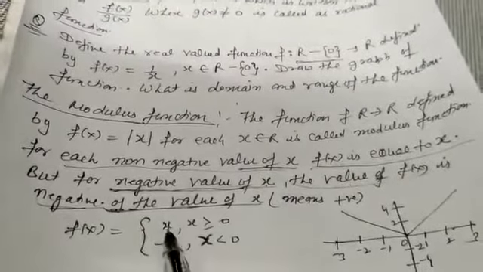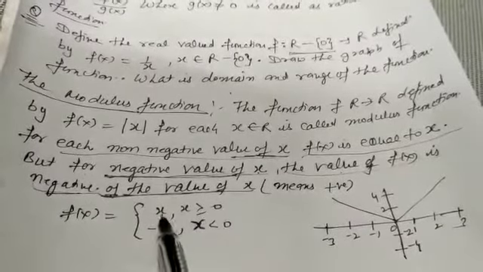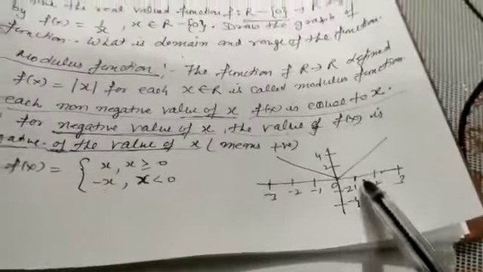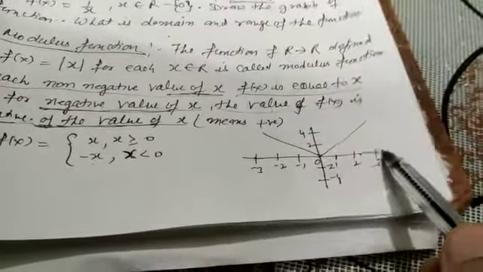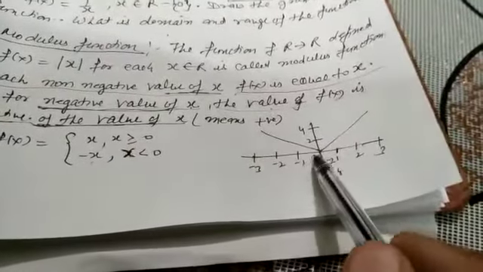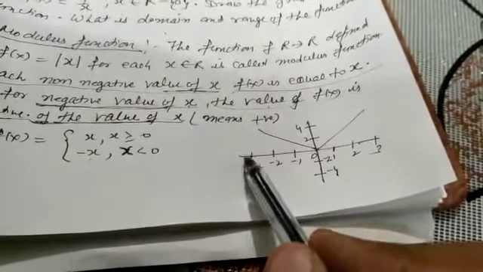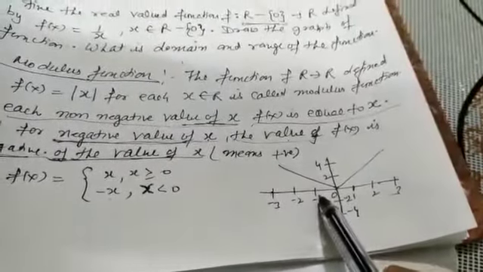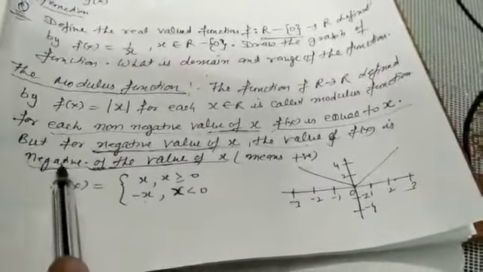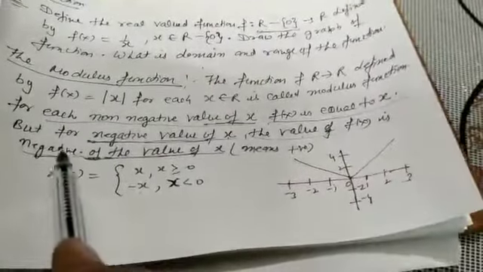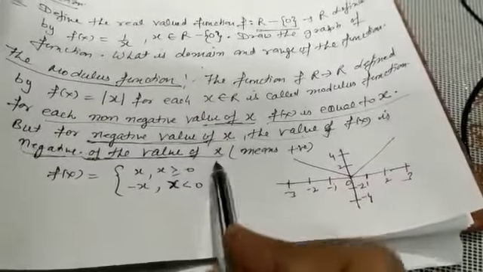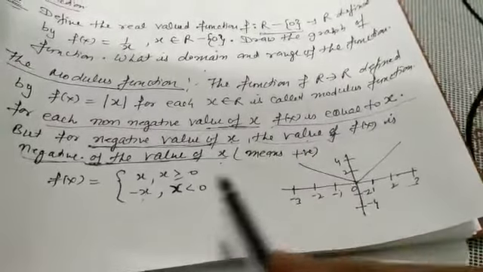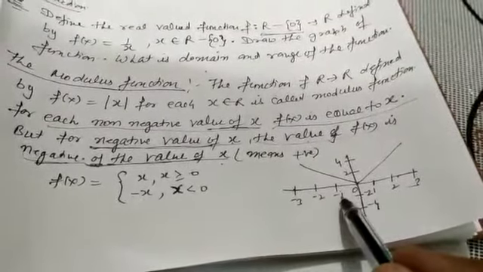See, the modulus function can be broken in this way: when x is greater than 0, it is positive; when x is less than 0, it behaves like a negative. If you see the graph, when x is increasing, the value of y is also increasing. If you observe, the value of x is decreasing, but the value of y is increasing, because the modulus function makes the negative result positive, because as we said, the value of f(x) is the negative of the value of x, meaning you substitute a negative. So when you substitute a negative value, one negative contained in the statement, the total result becomes positive.